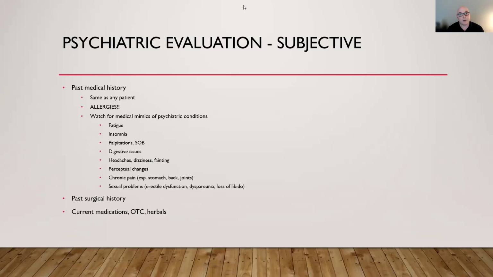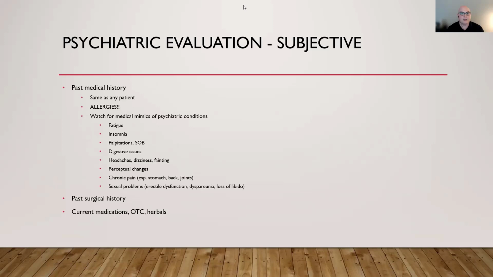Especially if you are prescribing medication and you don't ask about medication allergies. Even if they don't have any, if you don't ask, you're basically, in my mind, committing malpractice. I mean, you cannot prescribe a medication without knowing that the patient has allergies. This is your chance to go deep into the medical history and watch for some of these medical mimics of